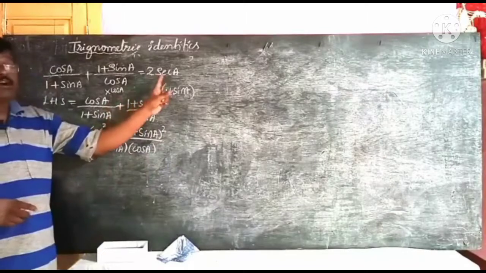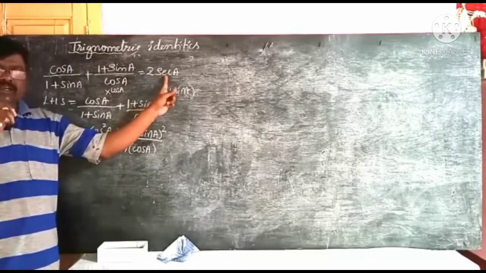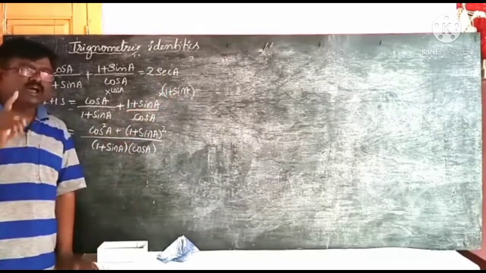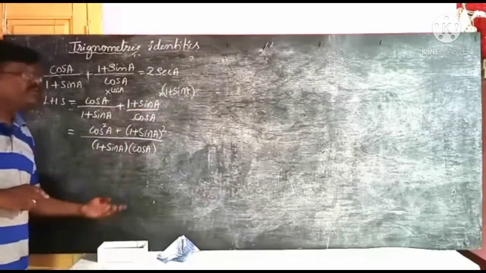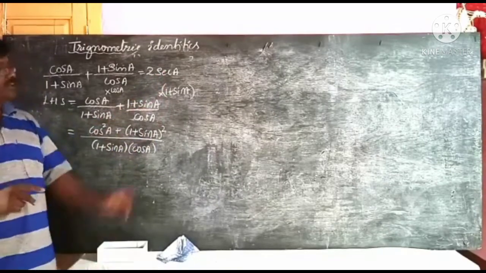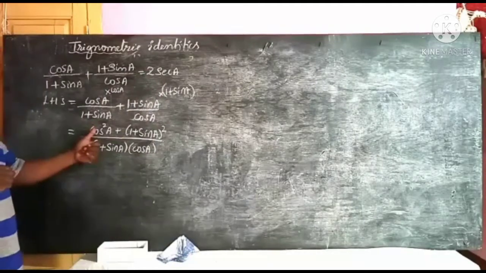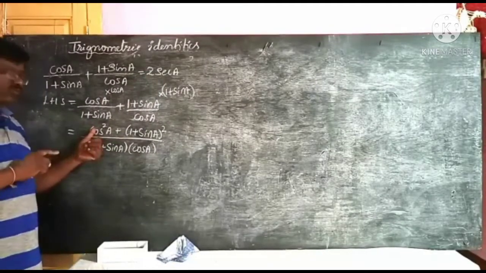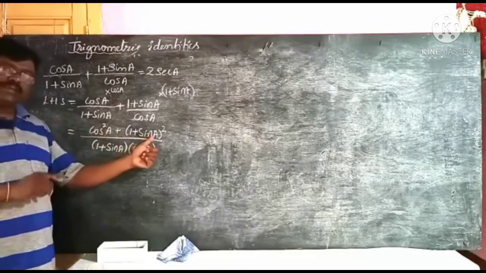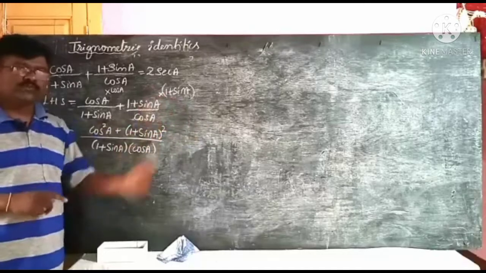So what are we obtaining? The right hand side should be secant A. Secant A means its reciprocal is cos, so up to the end you obtain secant A, or the reciprocal of secant A is cos A, 1 by cos A. Therefore cos square A you keep as it is, and 1 plus sin A whole square can be written in the a plus b whole square form.